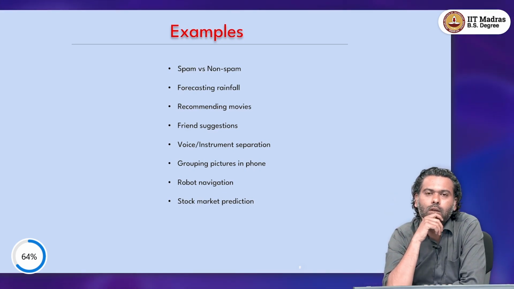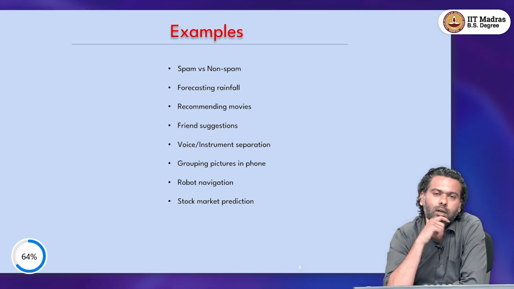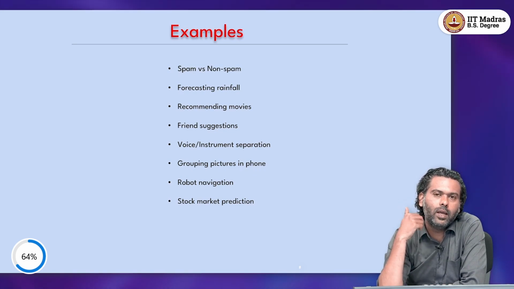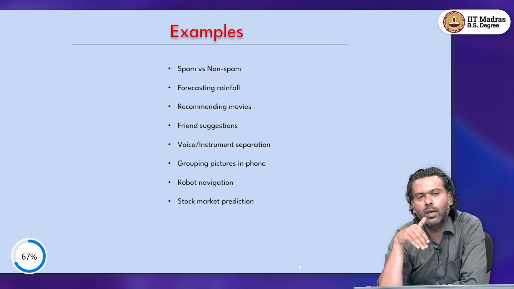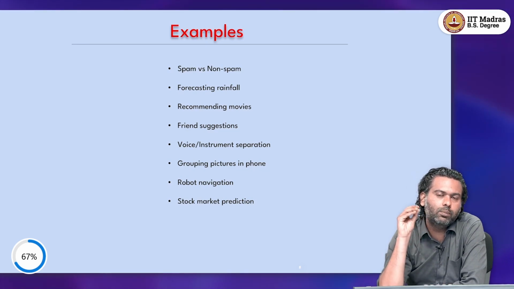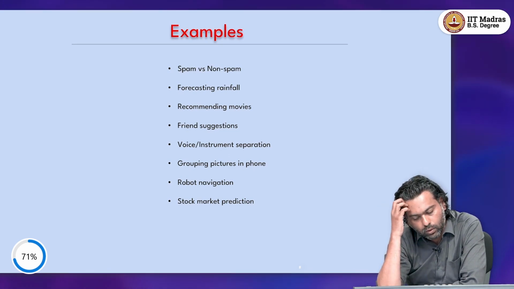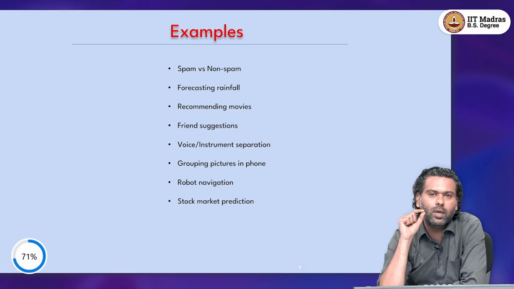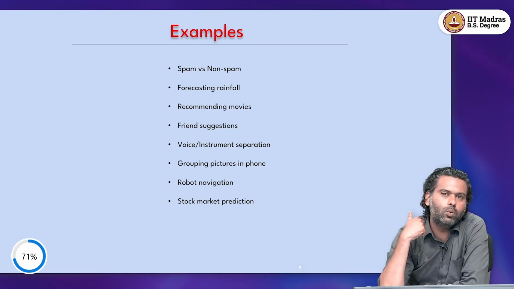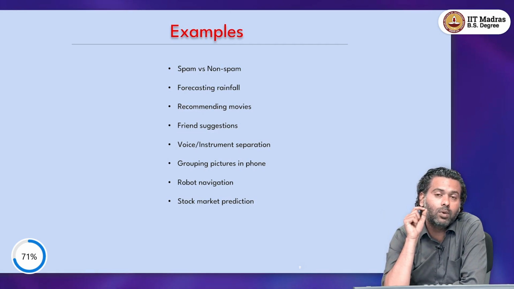And final example, stock market prediction. Let's say you have stock markets data for a long time, and then you want to decide whether to invest in the stock market or not. Every single day you either buy a stock or don't buy a stock at the beginning of the day, and then at the end of the day you are told whether that stock price went up or went down. And now based on that, you want to learn to predict the stock market for a single stock, as a simplified example, and over time you want to make as much money as possible.